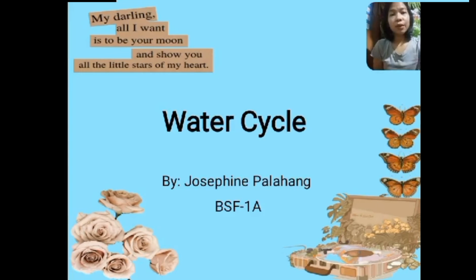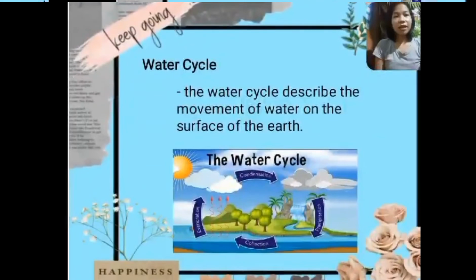So, what is a water cycle? The water cycle describes the movements of water on the surface of the earth. The water cycle shows the continuous movement of water within the earth's surface and atmosphere. It is a complex system that includes many different processes. Liquid water evaporates into water vapor, condenses to form clouds, and precipitates back to earth and to form the rain